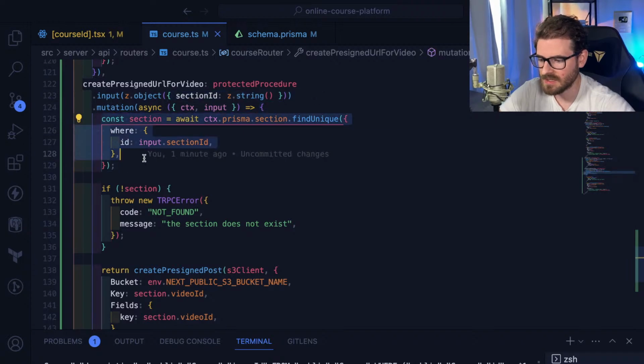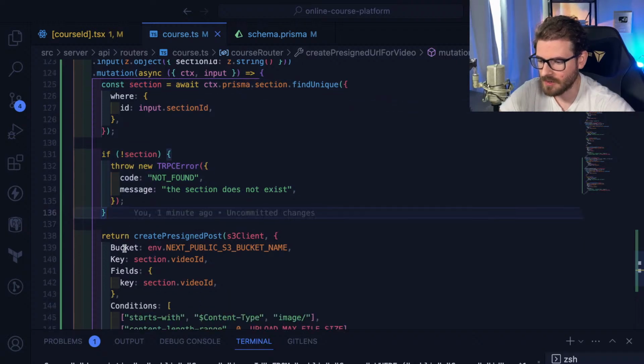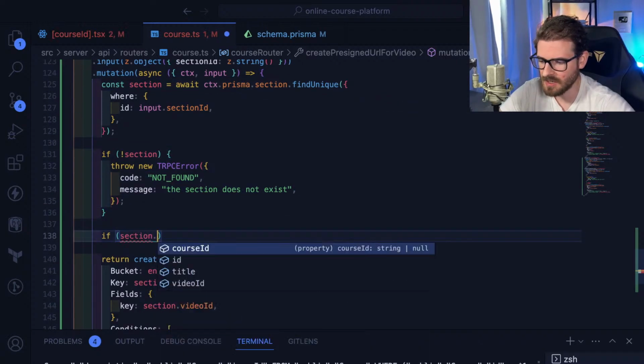We get that section out using that section ID. If it's not found, you throw an error. I think we also want to say if section dot user. That's a problem, that we don't know if this is associated with the user. So you have to fetch the course, verify that the